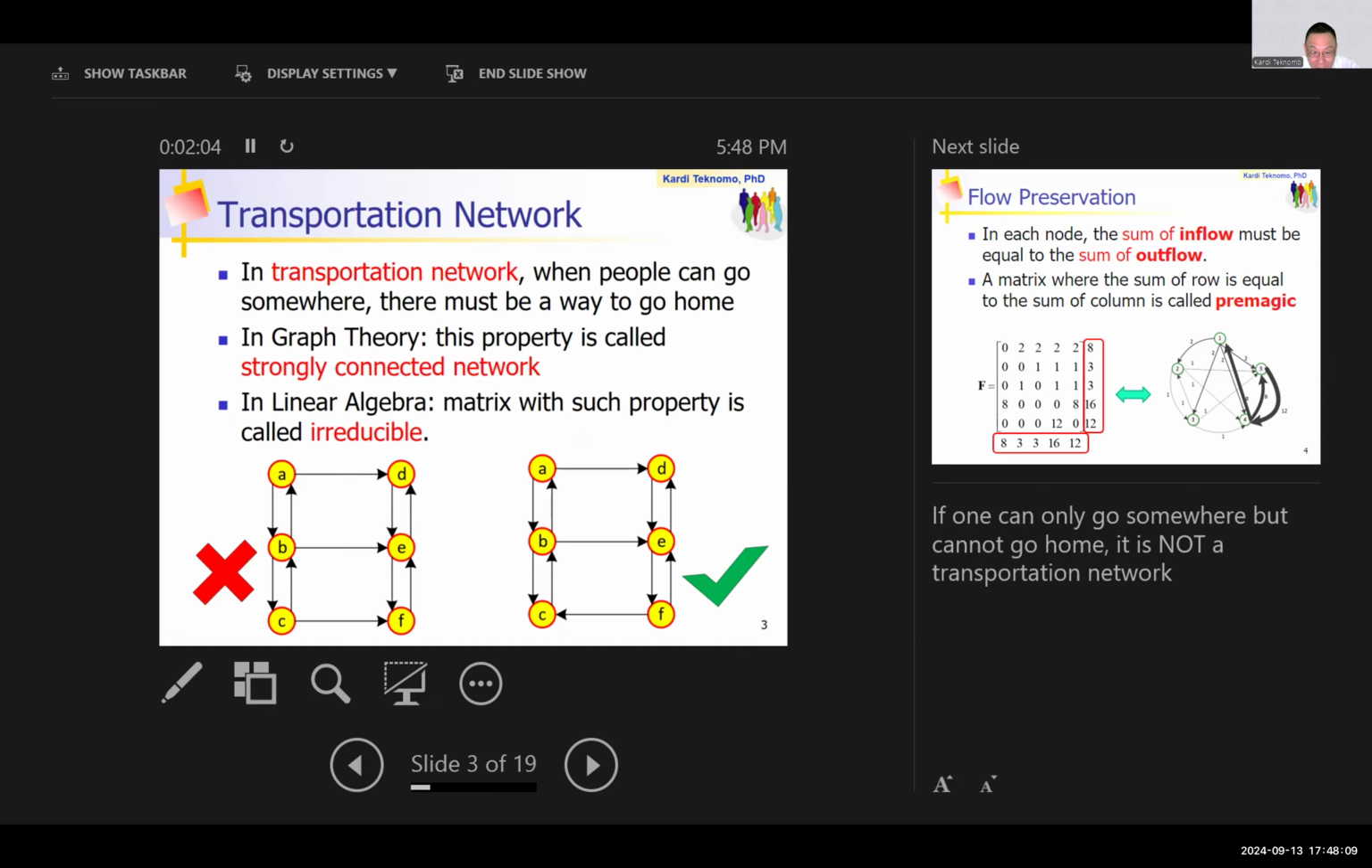Then what you can do to make it strongly connected? One way is you need to make, for example, F to C, so they come back. So in that case, you have